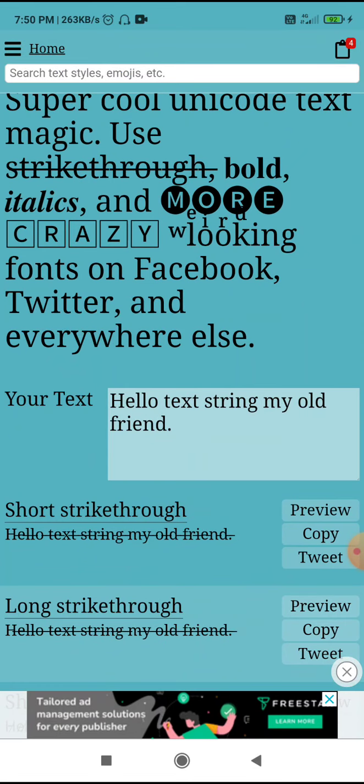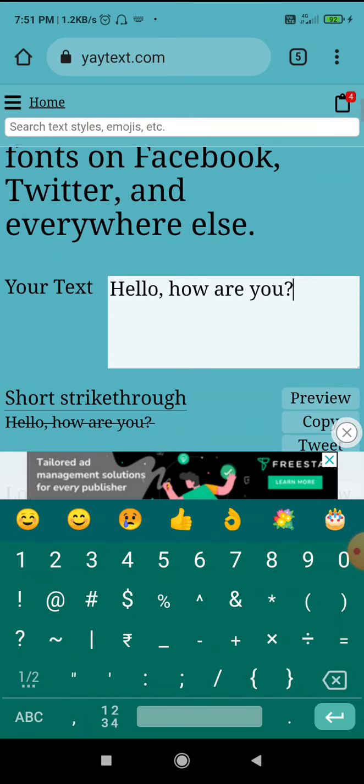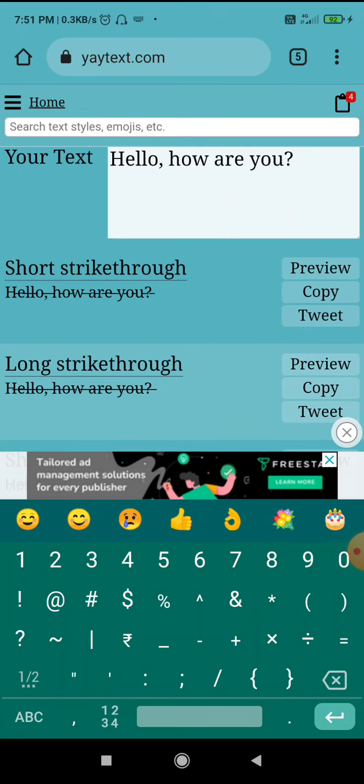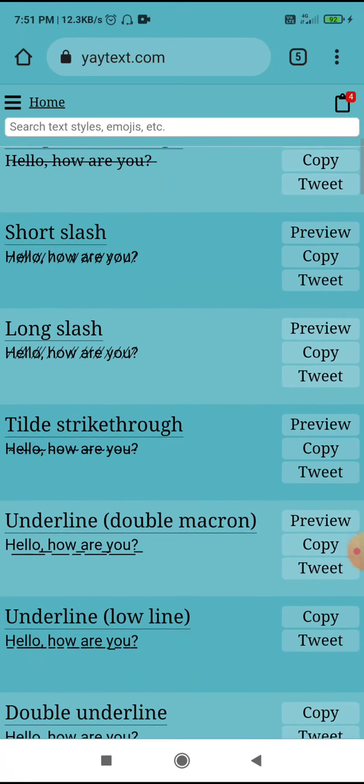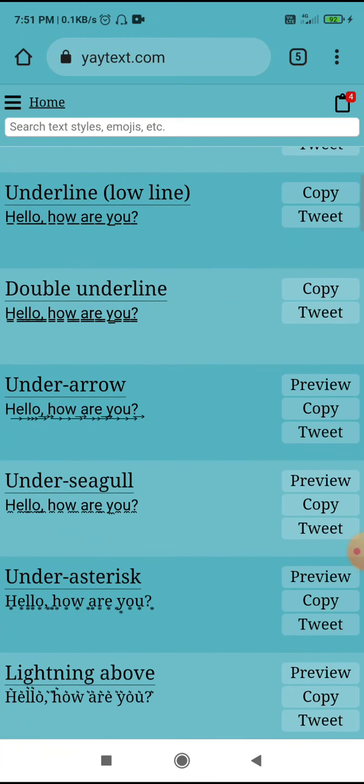Whatever text you want to send, you can type here. And if you observe, the same text is shown below in different styles: short strike through, long strike through, long slash, tail strike through, underline, low line, double underline.